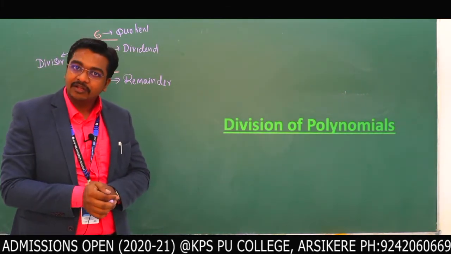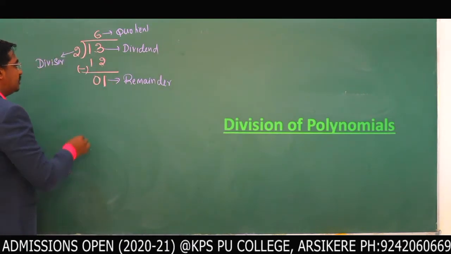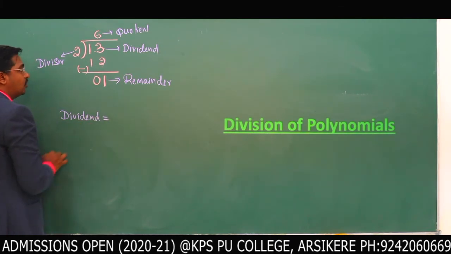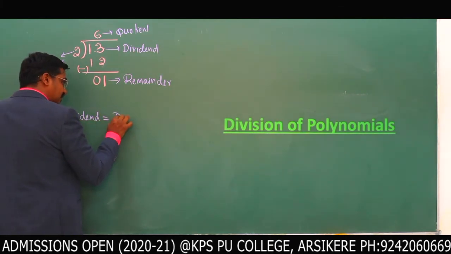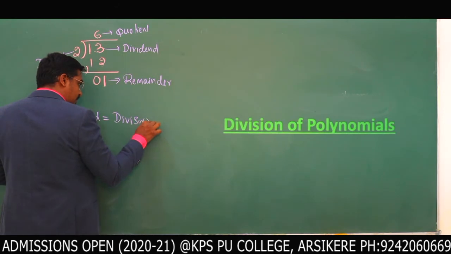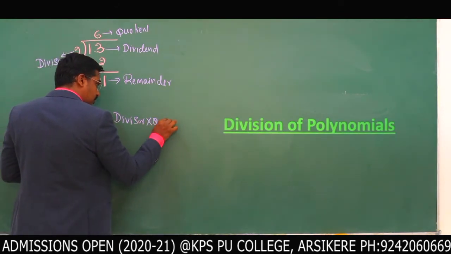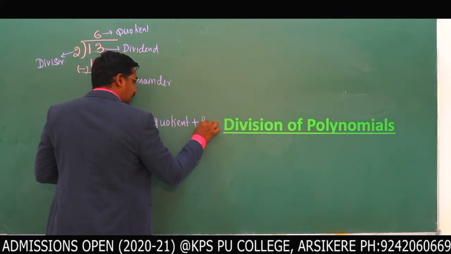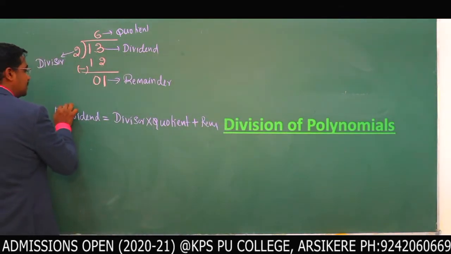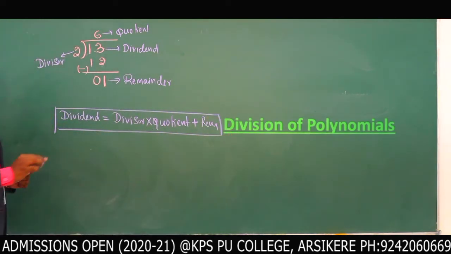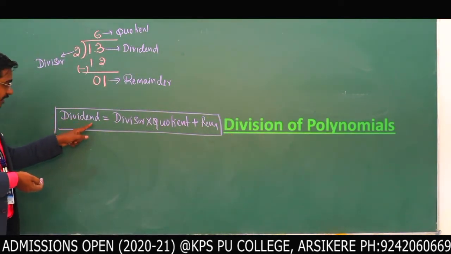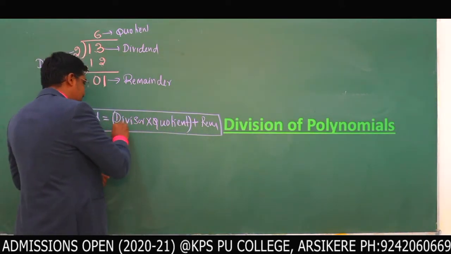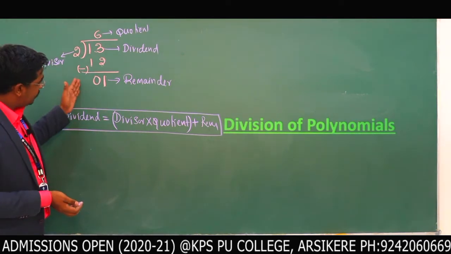We learned the division algorithm. So what is the statement? Dividend is equal to divisor into quotient plus remainder. This is the statement of the division algorithm. Dividend is equal to divisor into quotient plus remainder. This is the case in numbers. So we follow the same condition for